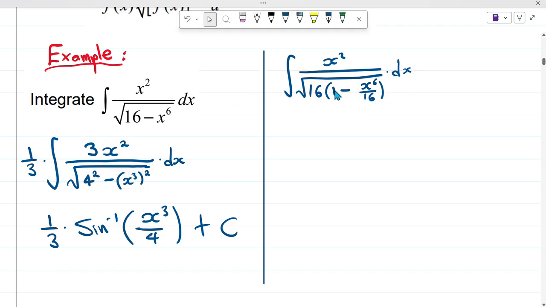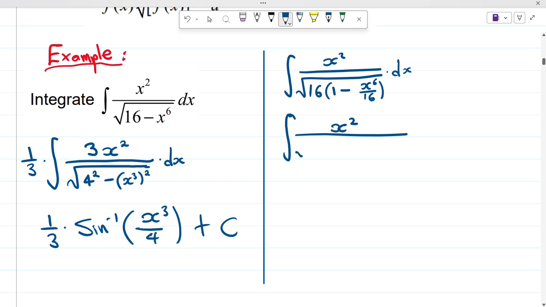I hope you all can see that this is the same thing. So from here you're going to split. You're going to make 16 have its own radical sign, its own square root, and then 1 minus this have its own square root as well. So from here we are going to say this is equivalent to x squared divided by